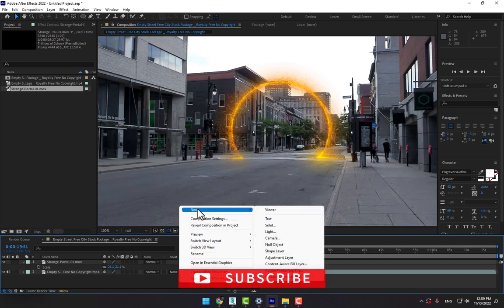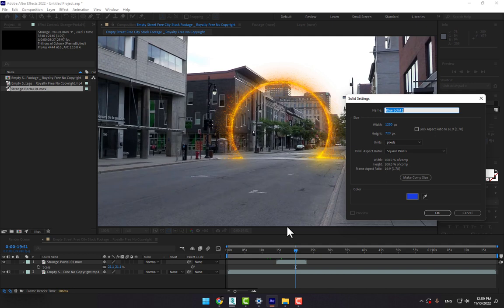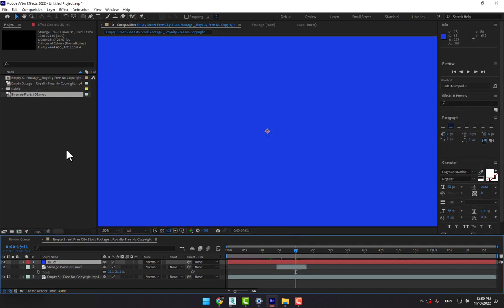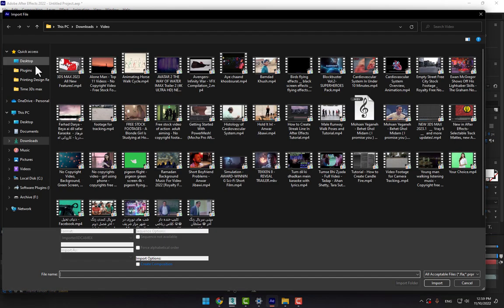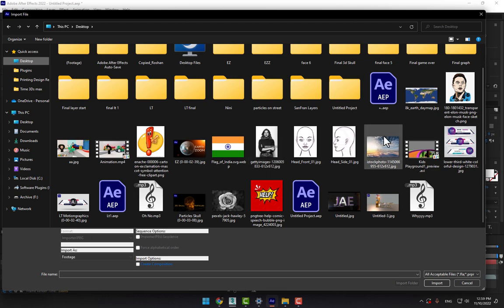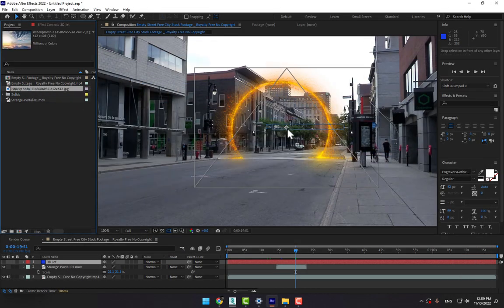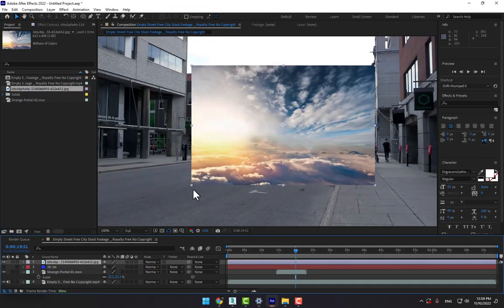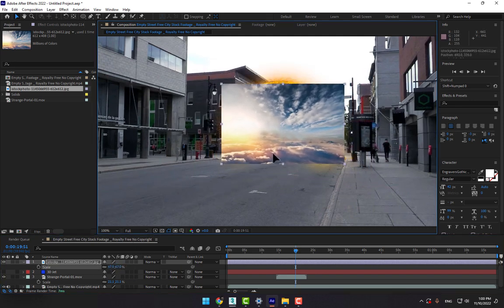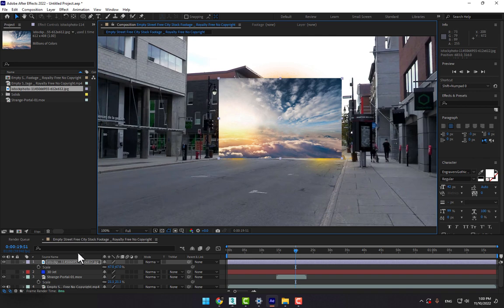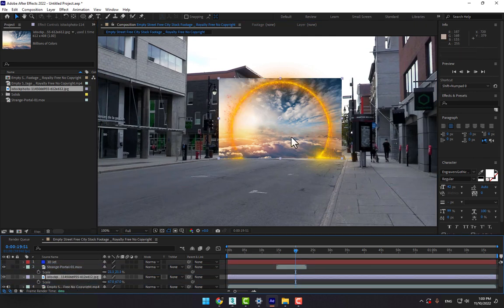Create a new solid and right here 3D jet. Enter and then turn off this one. Double click, open free sky like this and press S to scale down the size and move it behind the portal. And don't forget,